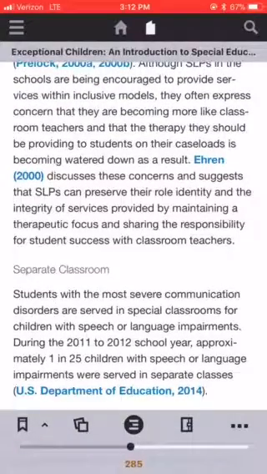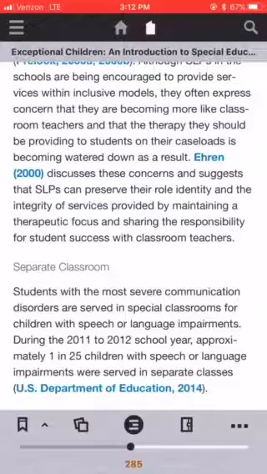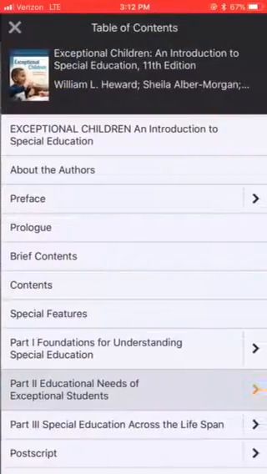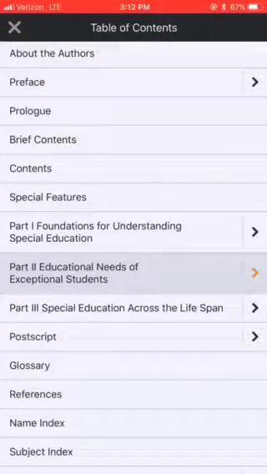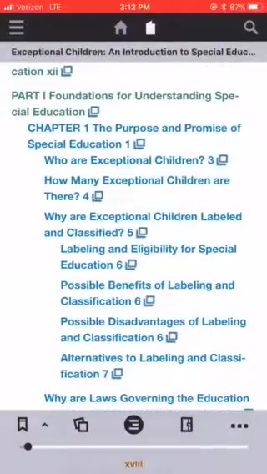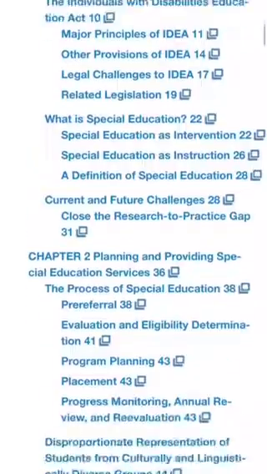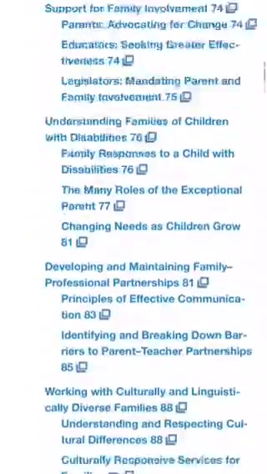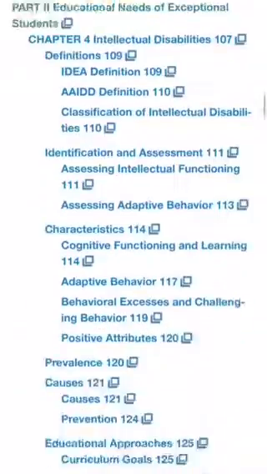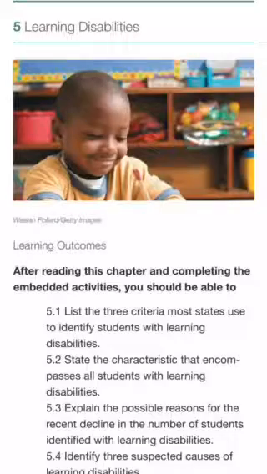Otherwise, if you want to go to a specific chapter, you just simply tap on the screen to get this little menu to pop up. Right at the bottom, there's a circle with 3 little lines in it. You tap that. If you know what part it's in, you can just click the part. Otherwise, you click Contents. And it takes you to the table of contents, which has all the chapters and the sub-chapters in them. So let's say you were looking for chapter 5. You find chapter 5, Learning Disabilities,